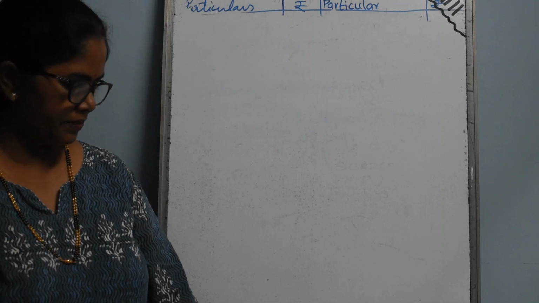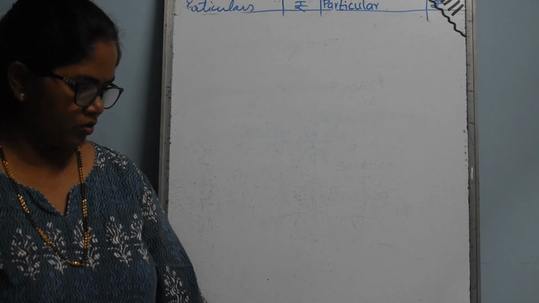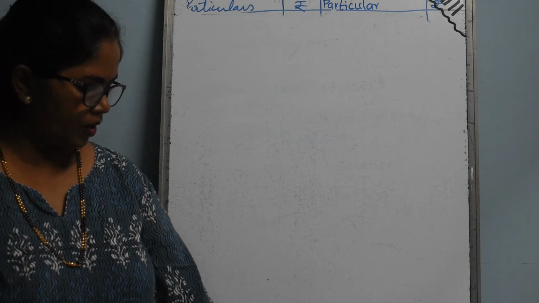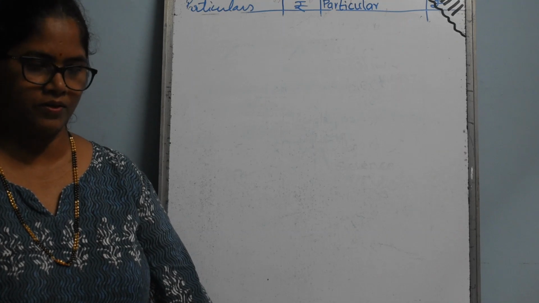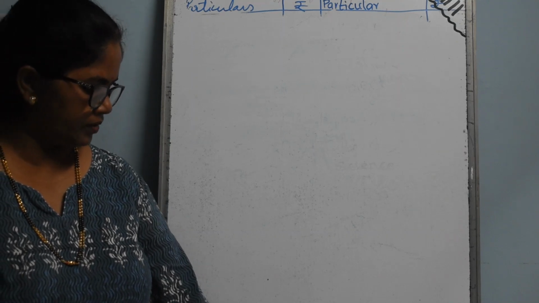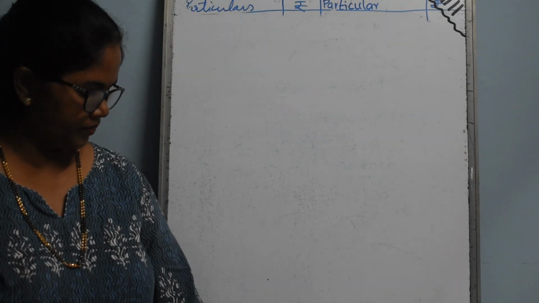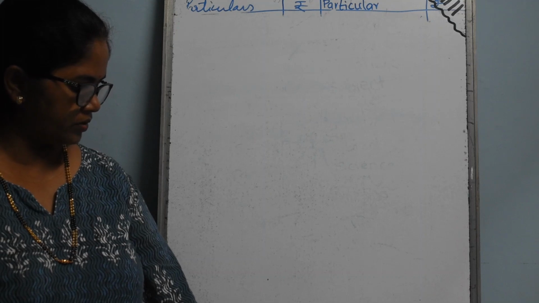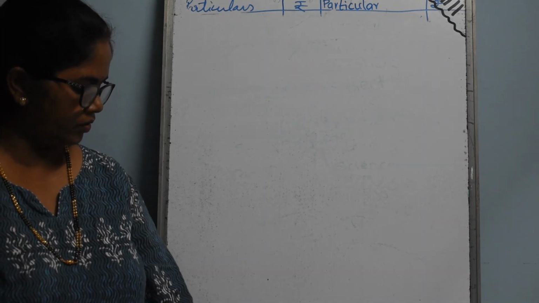So X is bringing additional capital in between. He has brought it on 1st October. So from October to 31st March, it's coming to 6 months. So for these 6 months you have to calculate interest on capital separately on the amount which is brought, the 2 lakhs additional capital.